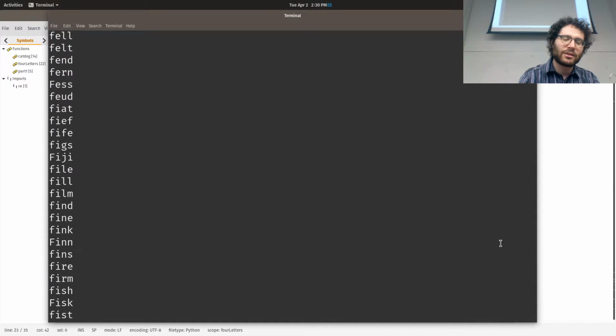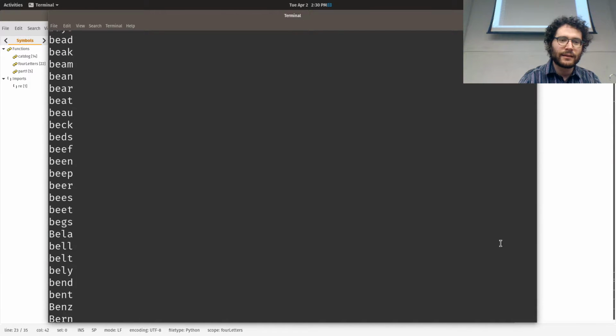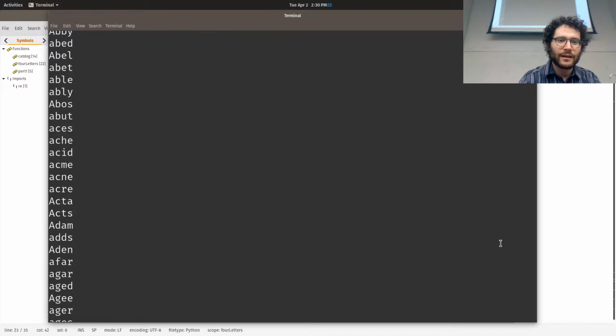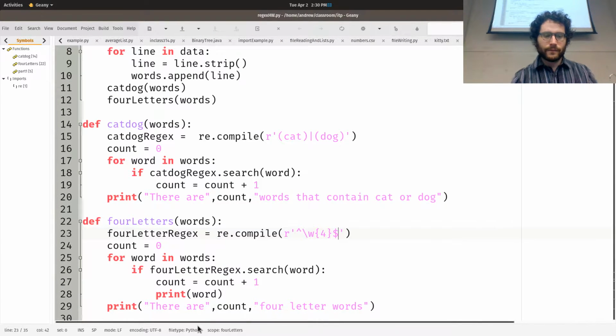I'm going through and looking through this. Is there anything that's not 4 letters in here? How fascinating. So if somebody can look through that